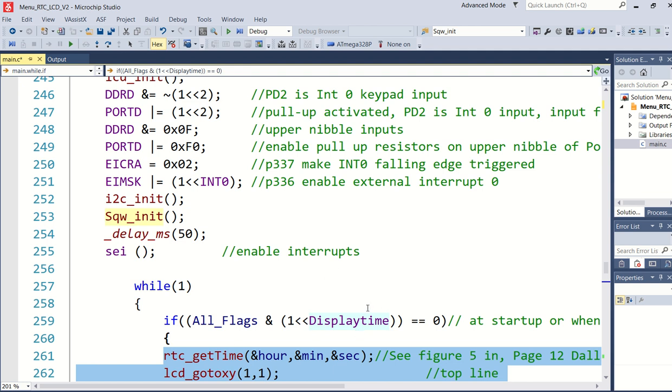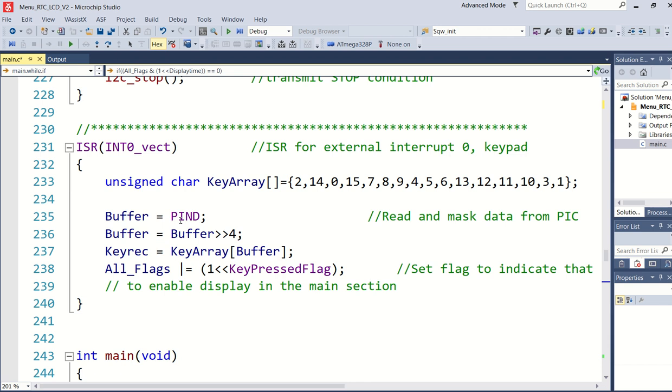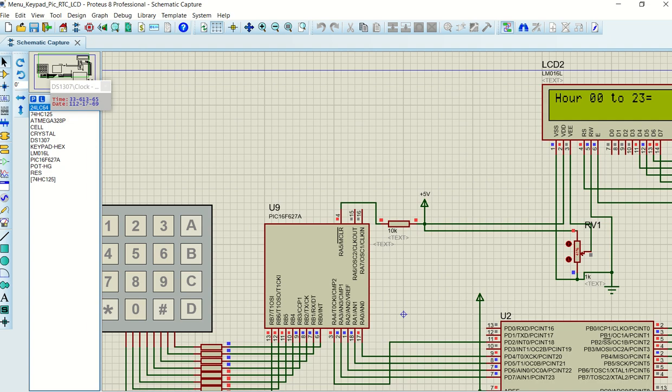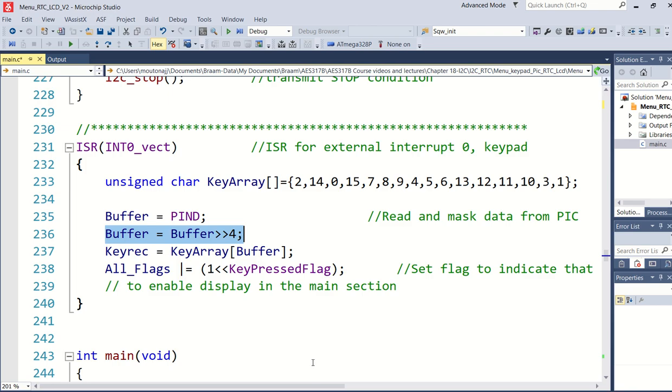It doesn't matter where I was in the program, as soon as I press the button, I will jump into this interrupt service routine. In this specific case, I've pressed a star, and it will collect the value from port D. The reason it's shifting to the right is that the output of this encoder, which is a PIC in this instance, is connected to the upper nibble of port D, and this is why we need to shift it.